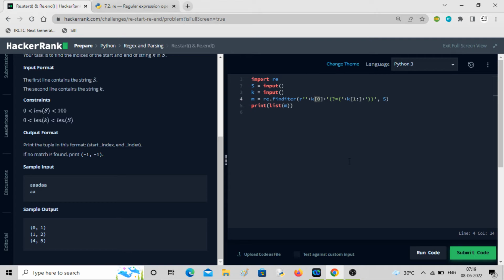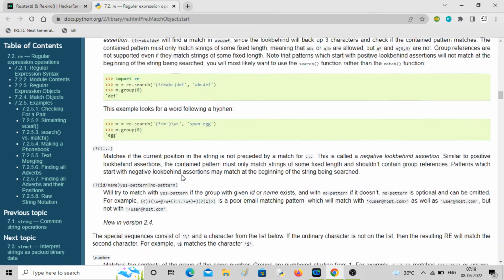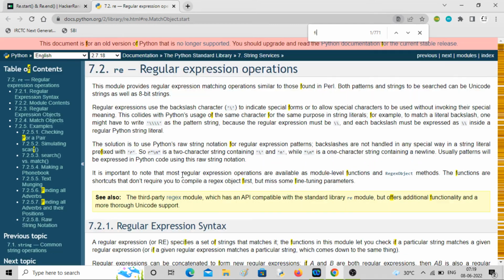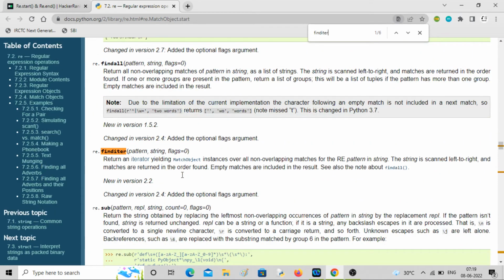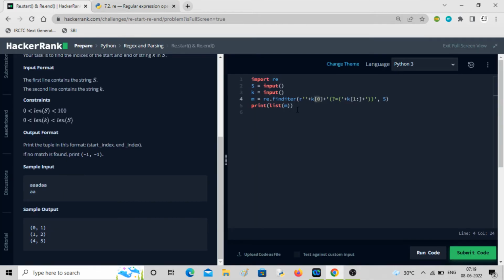So now what I'll do is we have to print it, right? So now what finditer does is, I'll show you something. So you have what you wanted, right? So let me do it. Let me convert this into m is equal to list of m. Now what I'll do is, if now I have to print the span. Okay, so if m is true,